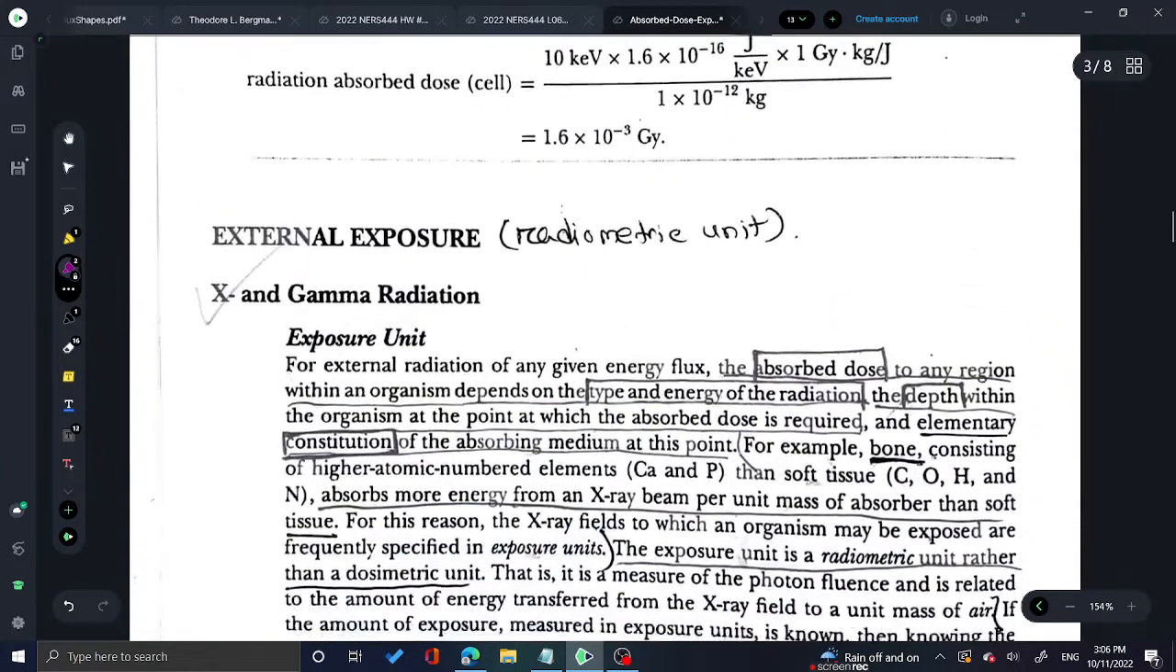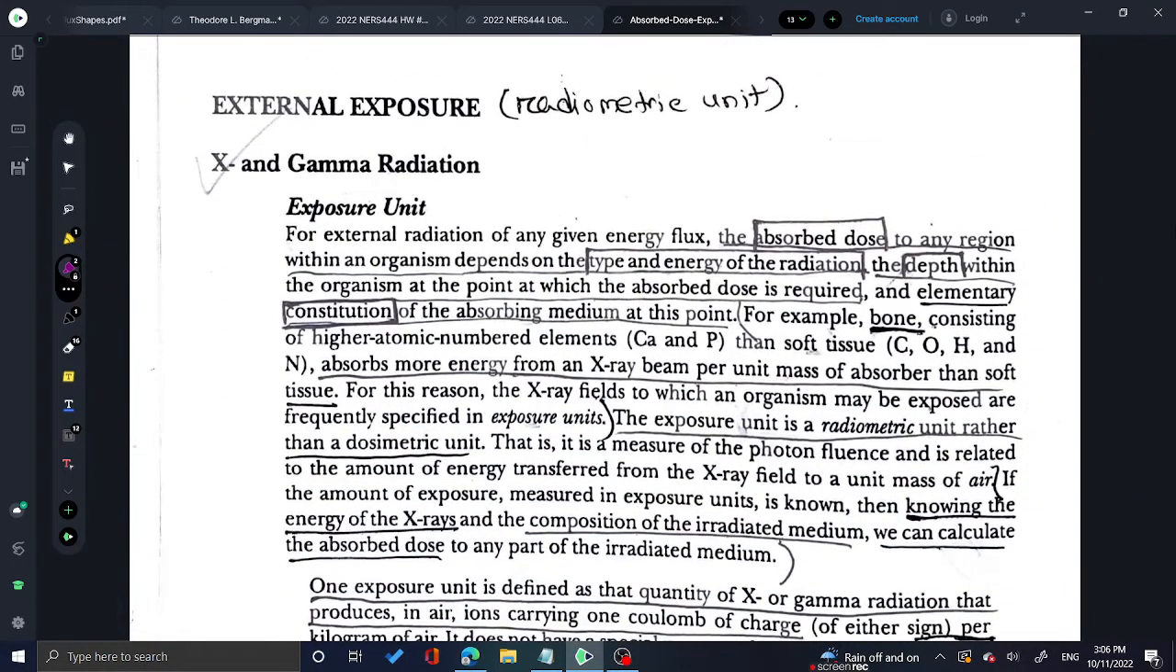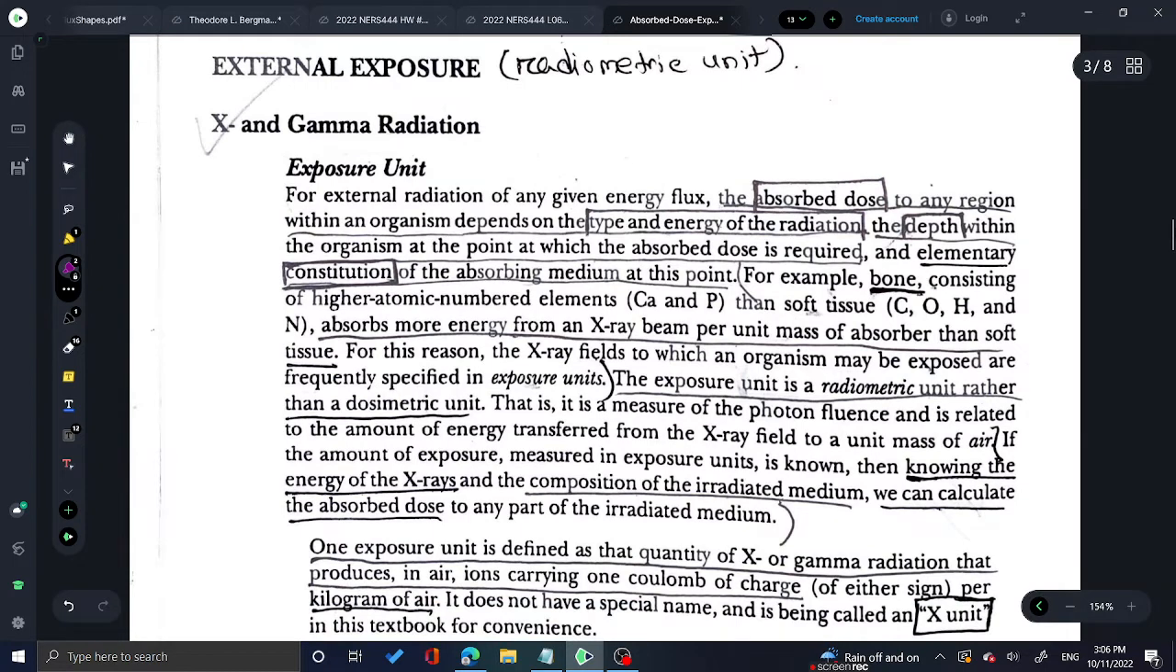Then there is an example, and then we go on to external exposure. So exposure, we said we will see two units, এবং এই ইউনিটগুলোকে radiometric unit বলা হয়. So the two units are, one of them is X unit and the other one is Rontgen. আচ্ছা, সো এখানে ফার্স্টে যে কথাটা বলছে, এটা আমি শুরুতেই বলছিলাম, যে অ্যাবজর্ব ডোজ আর এক্সটার্নাল রেডিয়েশনের সাথে সম্পর্কটা কি।